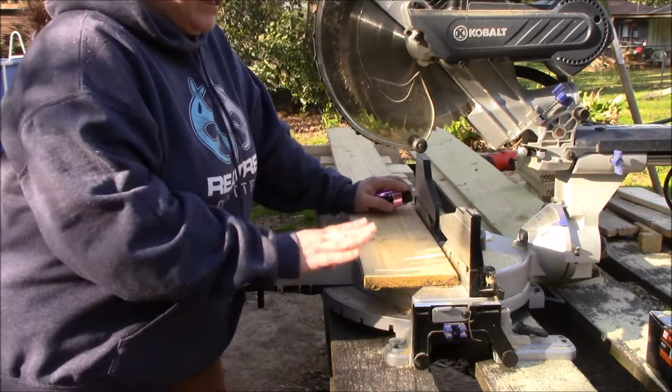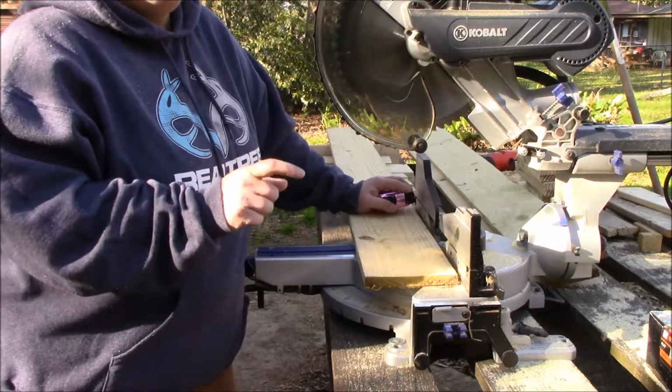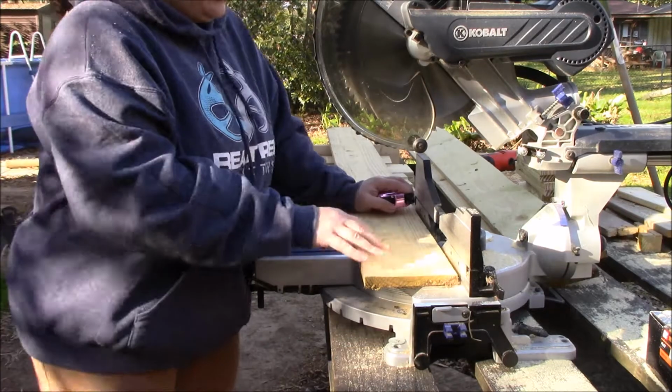Okay, we're going to need some stakes to hold the top piece to the bottom piece that's already existing of the beds. So what we're going to be doing is cutting